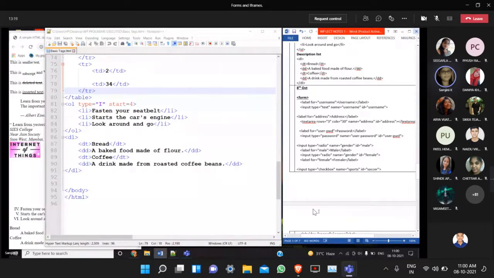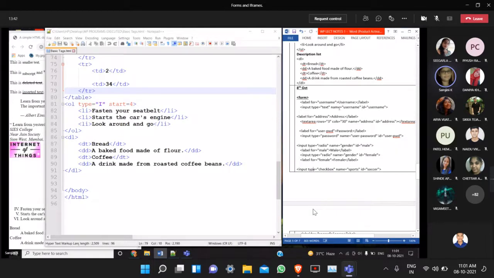But you can use some optional attributes such as for. As the value of the for attribute, you give the ID of the control for which you have to give the label.